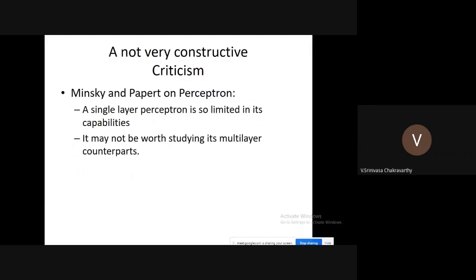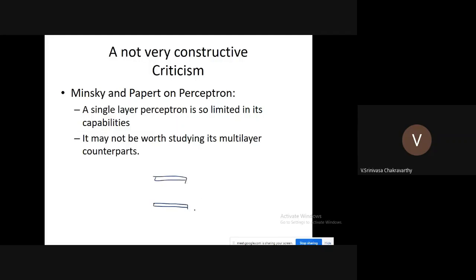Minsky and Papert, who were among the pioneers in the artificial intelligence community, which was just coming up in the 60s, noticed that there is a problem with the perceptron and wrote a very damaging commentary on it, saying that it cannot even solve the XOR problem. So there is no point in studying multi-layer versions of a perceptron. Because in case of the perceptron, there are just two layers,